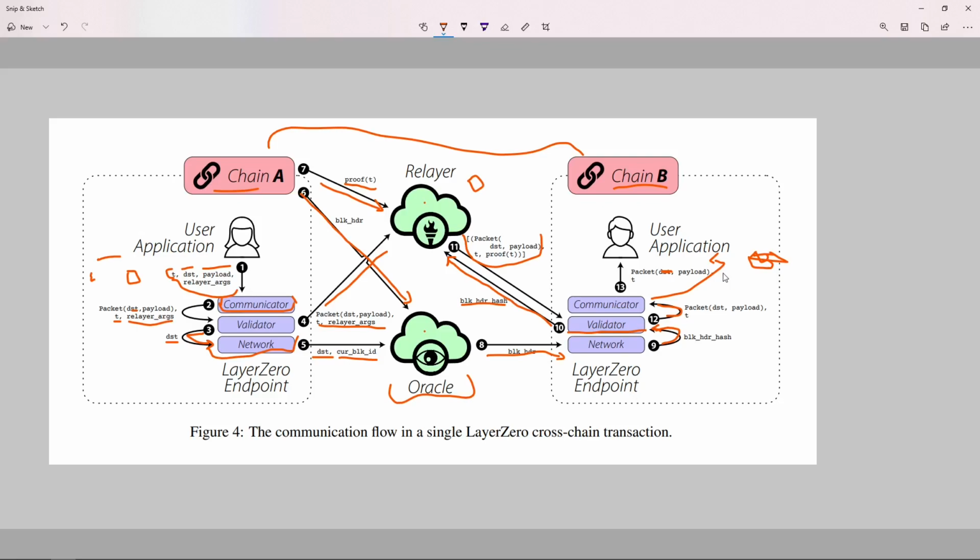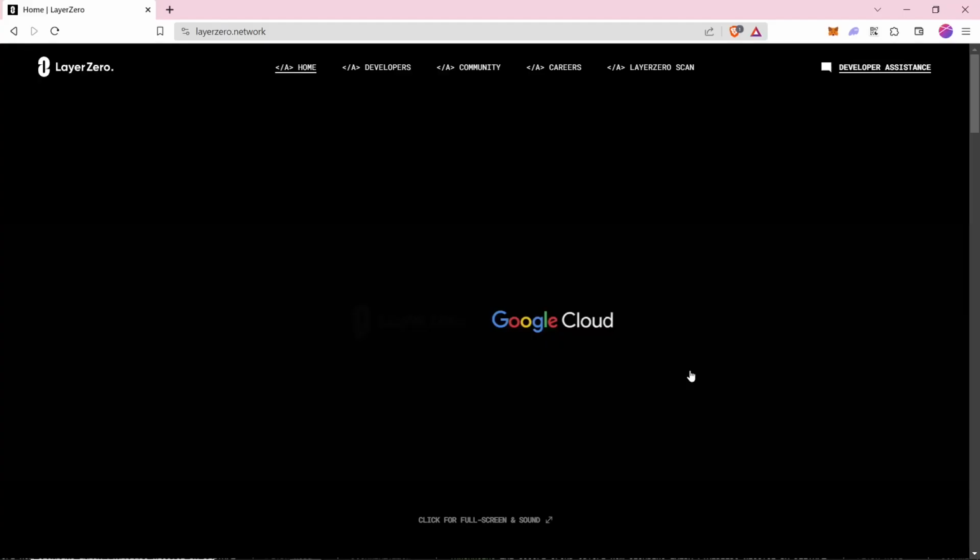On receiving the data, like transfer 2000 DAI to the user, it will mint, or basically there is no point of minting here, it will transfer those DAI into the user's account on chain B. So the user doesn't have to rely on centralized exchanges to transfer funds across multiple blockchains.